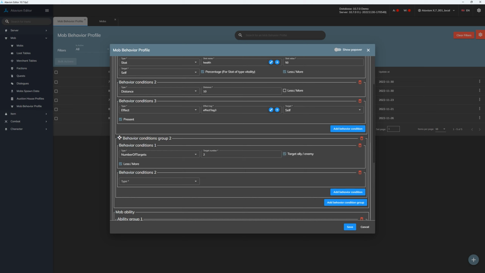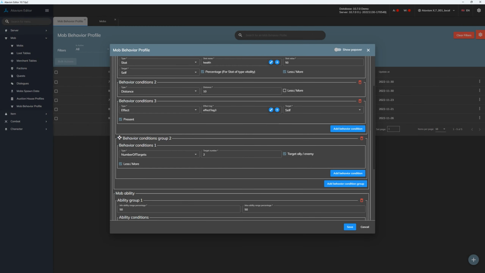So if it's ticked, it will use ally, check allies, and if it's not, then it will use check enemies. So we want to find, in this case, allies, let's say, and less or more. So if we have less than 2 allies within an area,